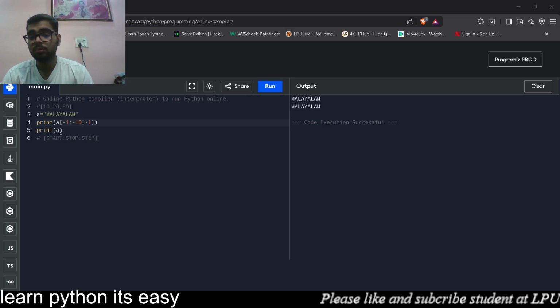Now there are operators in strings. So now let's move towards the operators part. What do these operators mean? The first is the concatenating operator. But let me tell you one thing first. We can use the stop part and the step part also for our string. If I want to reverse the string, I can remove all this and I can still run it. It will still give me